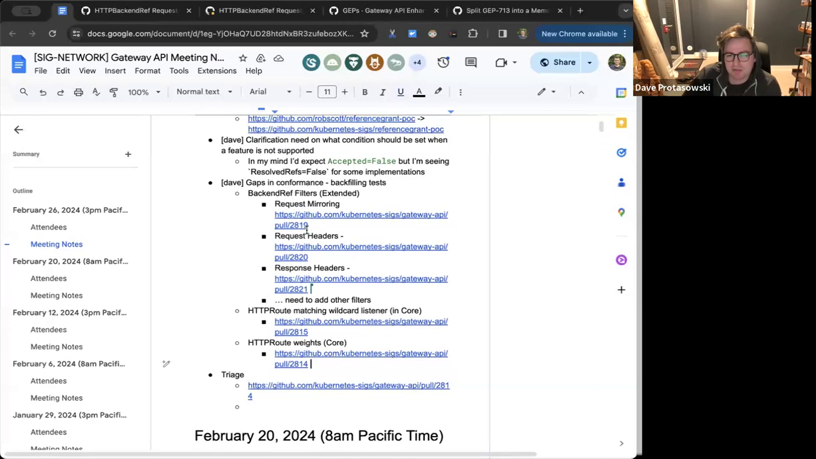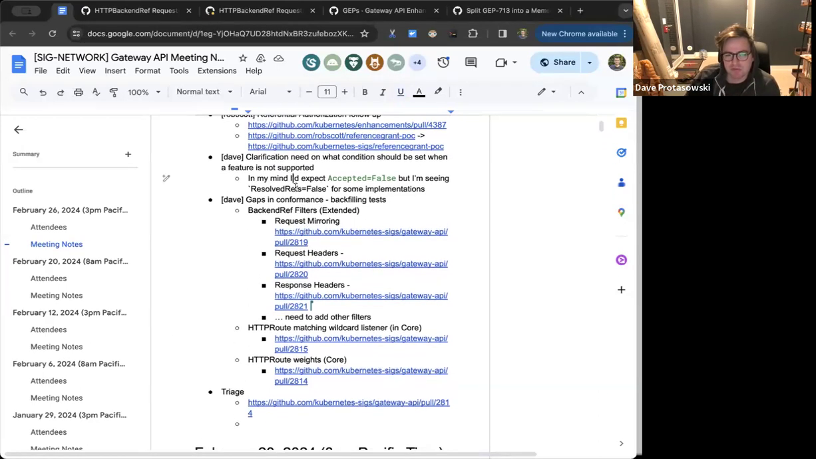Related is the point above. Essentially, I'm seeing some implementations set ResolvedRefs false when they don't support a feature, but in my mind, that seems confusing because I equate refs to references versus feature support. So I think Accepted false should be the right thing. And I've seen some implementations do either or. So I don't know if that's just a lack of